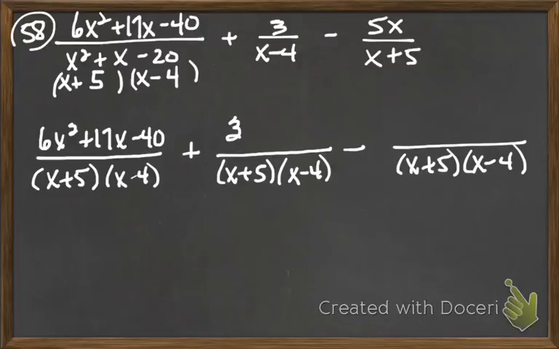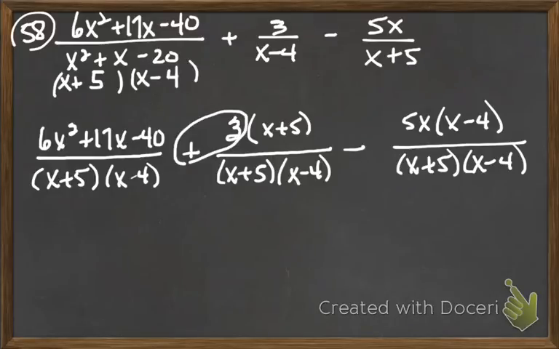You are going to have to multiply 3 by something. What are you going to have to multiply 3 by? X plus 5. And you are going to have to multiply 5x by something. X minus 4. Alright? Then you're going to write... Now, since we've done several examples, I'm going to try to show you right here maybe how to skip a step. If this confuses you, then that's okay. So, do y'all understand that I'm going to distribute a positive 3? Do y'all see that? I have to distribute a positive 3, and I have to distribute a negative